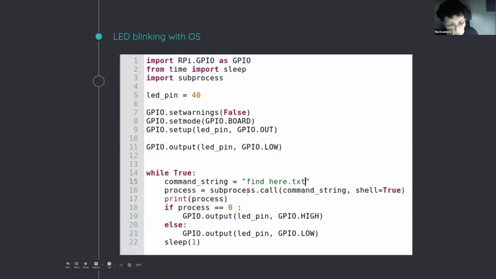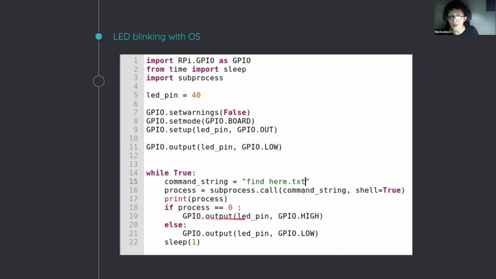So here's the program. This is a way of calling this function of this library, which is called call. You put the command here, and you tell the shell to be true. This is something, don't worry about this. If you're going to use this program, I suggest you read about it, but for this purpose, it's going to work just fine. So I'm basically making another shell pop up, and it's going to run this command, and the result of that is going to go on this variable that I just created, which is called process. I'm going to print process, and if process is 0,